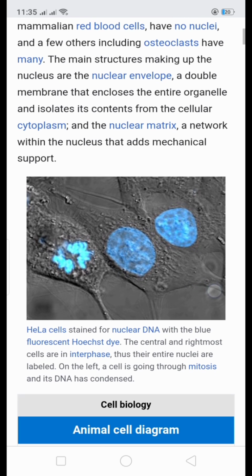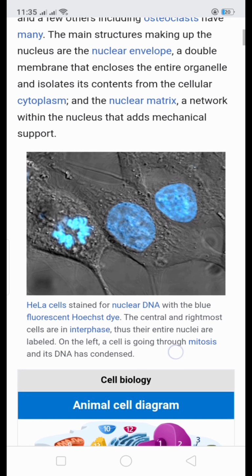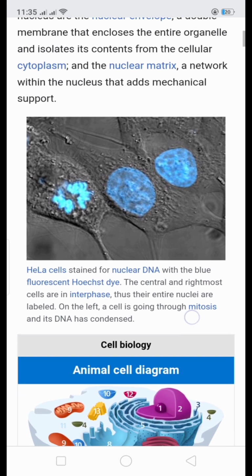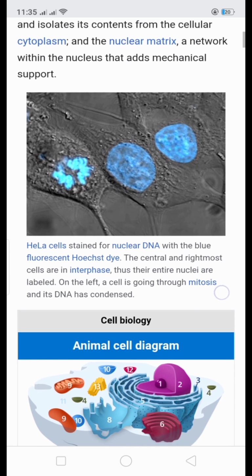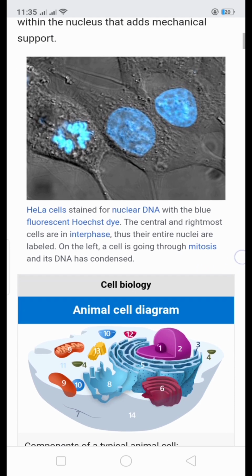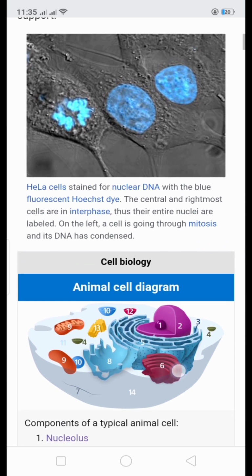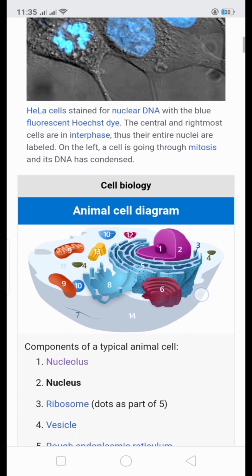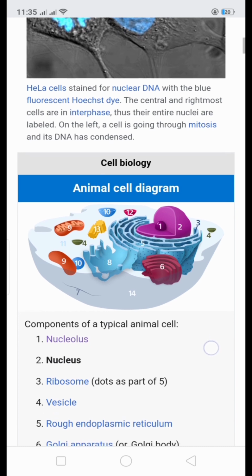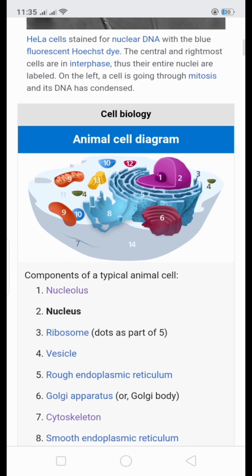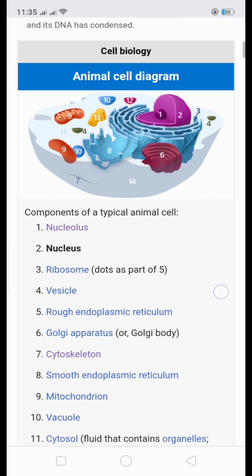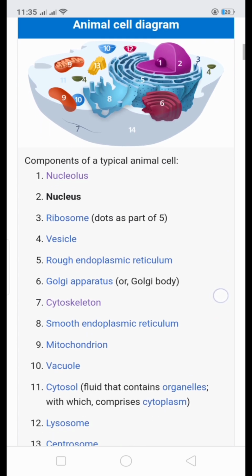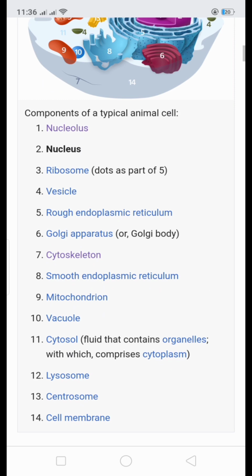HeLa cells with nuclear DNA stained with a blue fluorescent dye. The central and rightmost cells are in interphase, thus their entire nuclei are labeled. On the left, a cell is going through mitosis and its DNA has condensed. Nuclear components of a typical animal cell: the nucleus, nuclear ribosomes, vesicle, rough endoplasmic reticulum, Golgi apparatus, cytoplasm, smooth endoplasmic reticulum, mitochondrion, vacuole, cytosol, lysosome, centrosome,